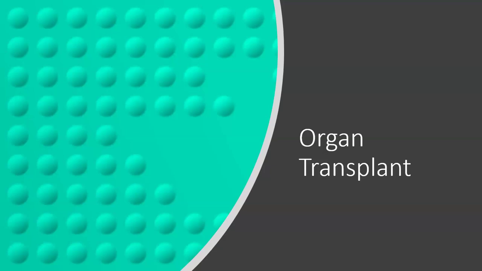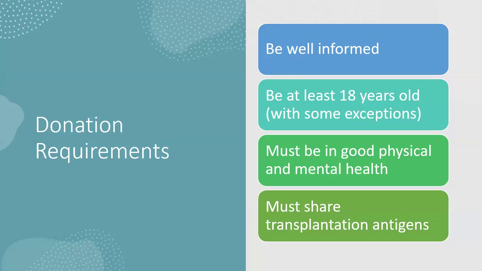You can also donate different types of tissues as well. So you can donate skin, as we talked about. You also can donate different types of cartilage, like a cadaveric ACL transplant. So, to donate, one of the big things is that you are 18 years old. Now, some exceptions can be put in place for that. If the parents say it's okay, then organ donation can happen with a 1 week old baby.